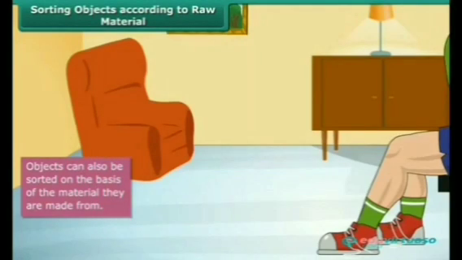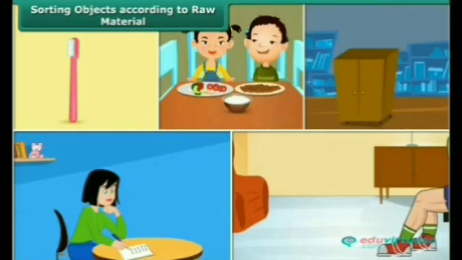The shoes that you wear are made of leather, canvas, or resin. Thus, all objects that we use in our day-to-day life can be classified on the basis of raw material used in making. So we can sort and group the materials based on properties like color, size, shape, and also its uses. Okay. So today we are going to discuss the properties of materials.